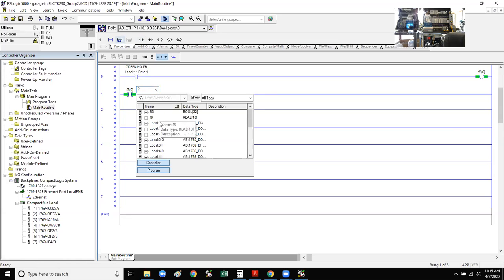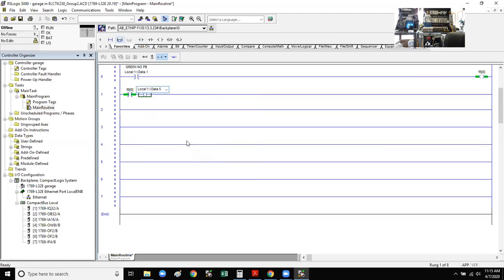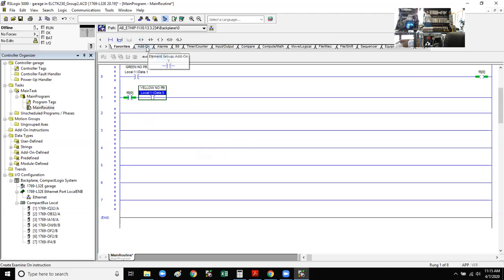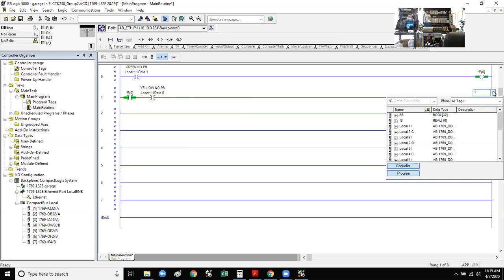And then that one is going to be that yellow push button, which is module 1, channel 5. There it is. All right. And then there would be an output, and this would be the